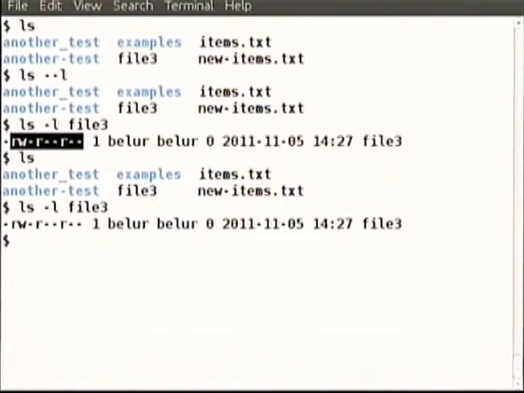Yeah, it says that the user has read and write permission, but the user does not have execute permission. Others in the group have read permission, but do not have write and execute permission. Everybody else who has an account on this computer outside this group possibly has read permission, but they do not have write and execute permission. Why do not we change it? Can we change it? Yeah, because we are the user.